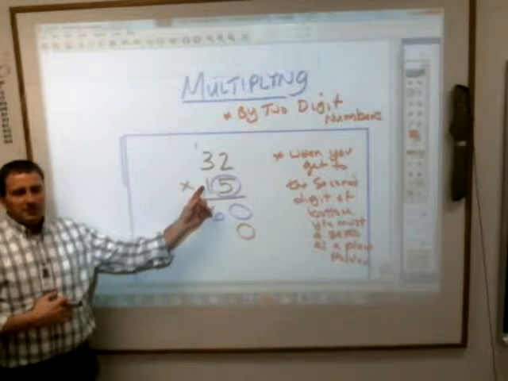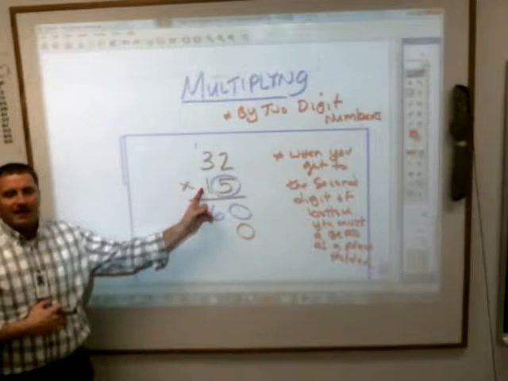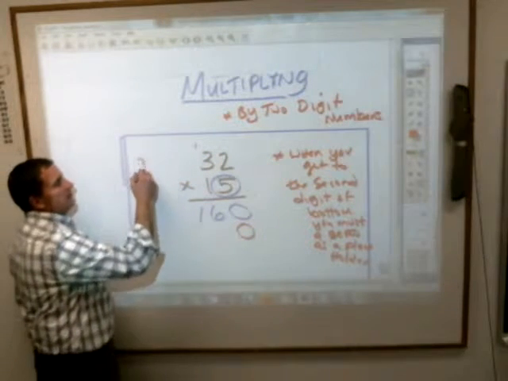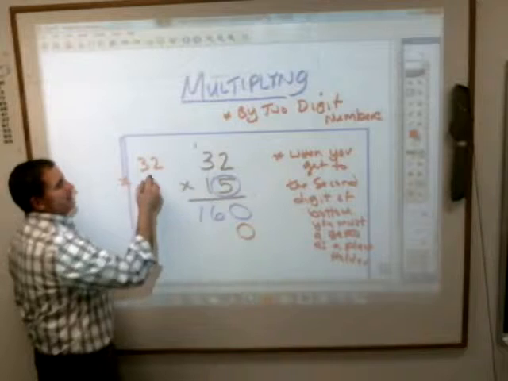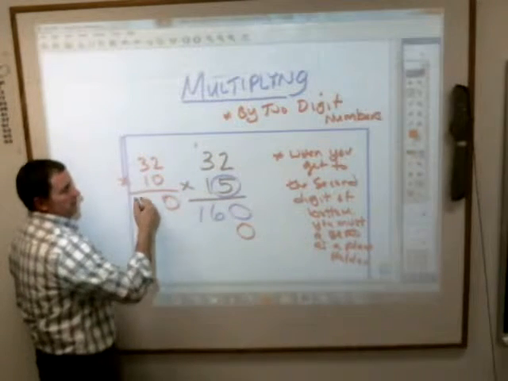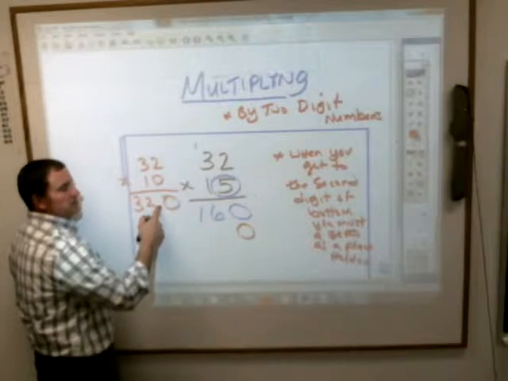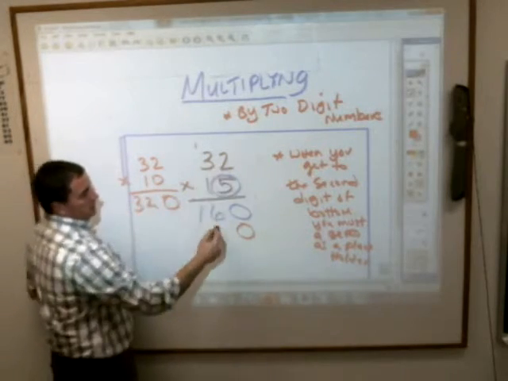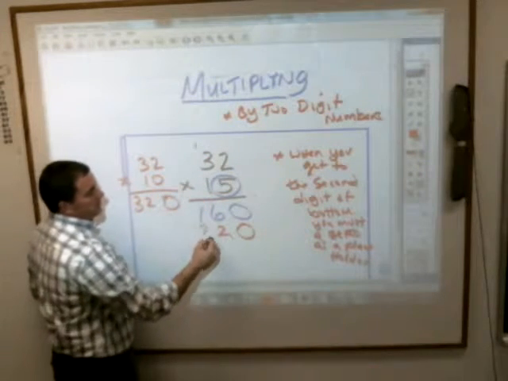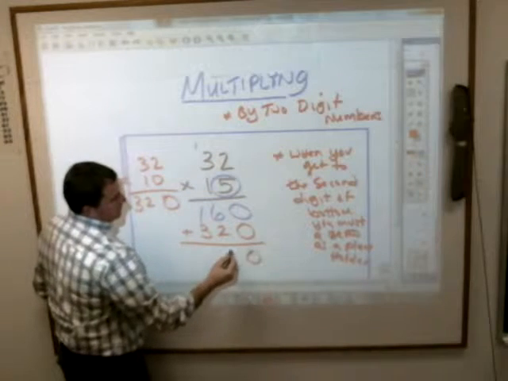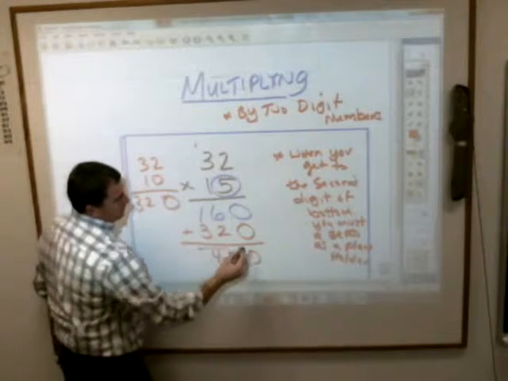And the reason you do that, children, and it won't make sense to some of you, is because this 1 here is not in a units place, it's actually in a tens place. So you're really taking 32 and multiplying it by 10. And when you do that, you always end up with a 0 there, and you're going to get 320, which is what we're going to get, because I dropped that 0 down. 1 times 2 is 2, 1 times 3 is 3,